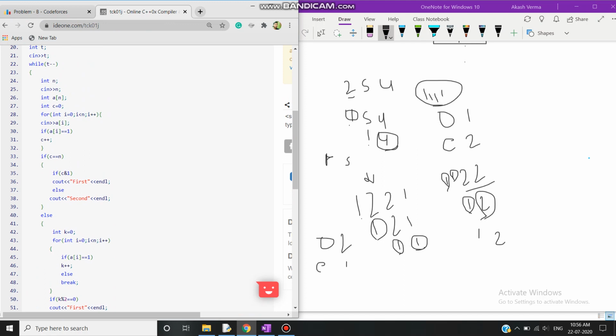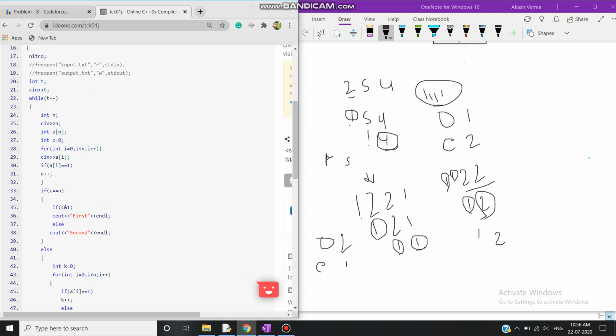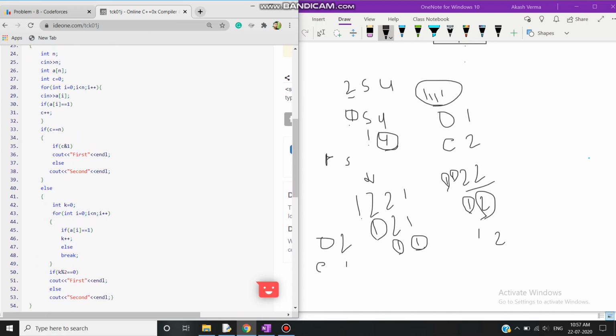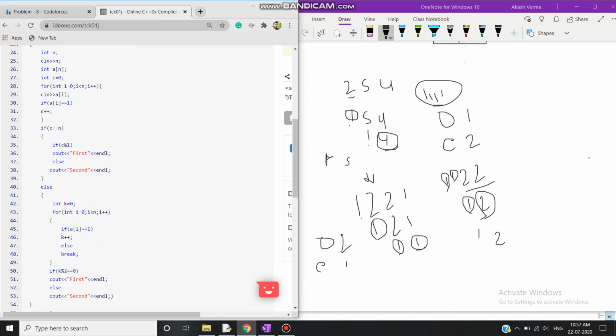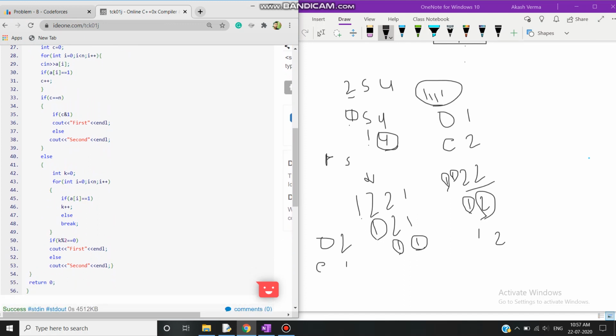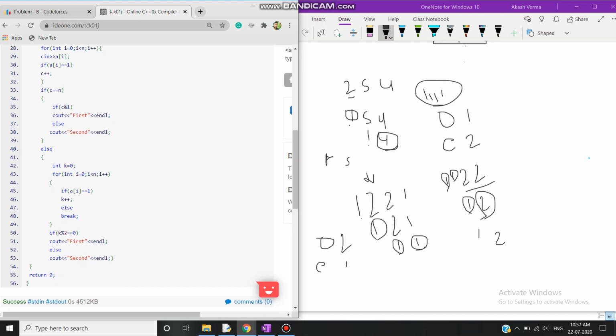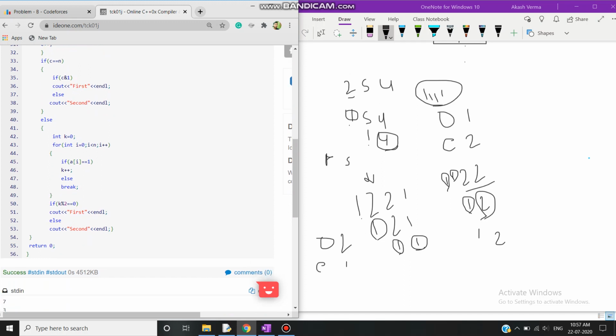So I have taken t test cases, n, the array, and counted the initial number of 1s in the array. If this is equal to n, it means the second case, where all the numbers are 1. So if it is odd, then the first player wins, and if it is even, then the second player wins. Now the third case: count the number of initial 1s in the array. Suppose you get a number greater than 1, this comes under the first and third case, which are similar,